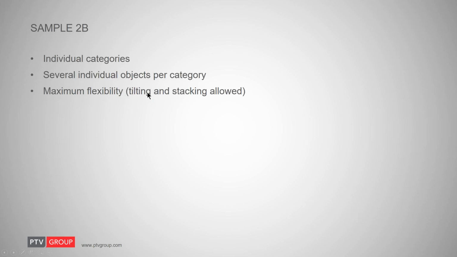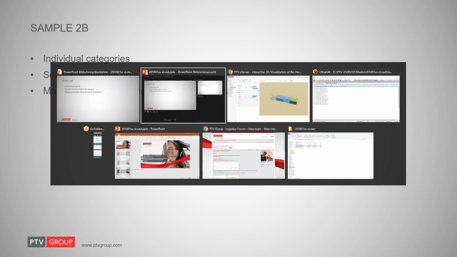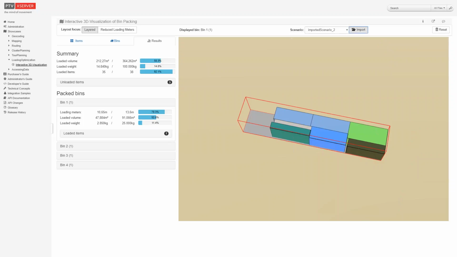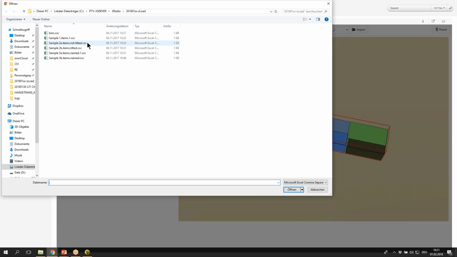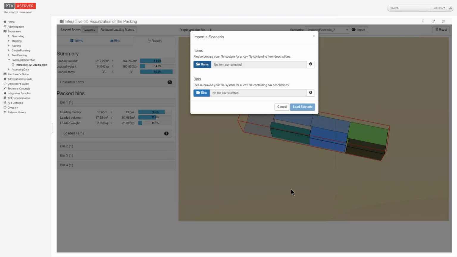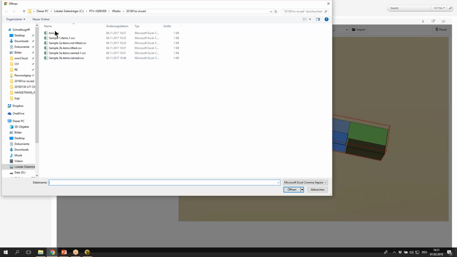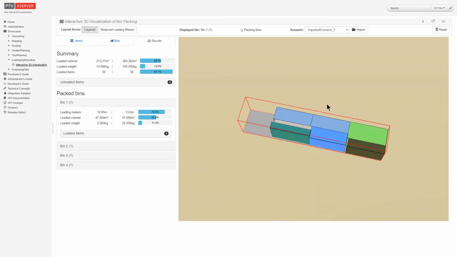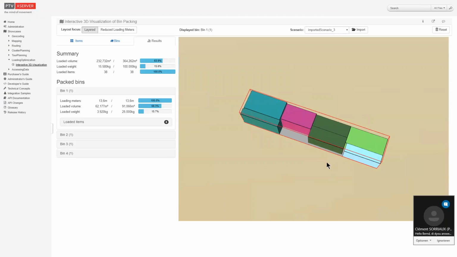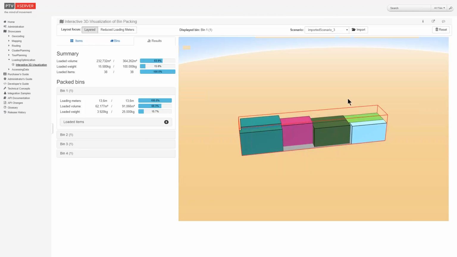Now I am allowed to tilt these objects. Here we are. Example number 2B. So here we are. Once again, we see the results. Let me just move on to the next example, which is sample